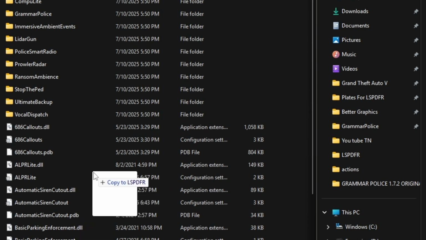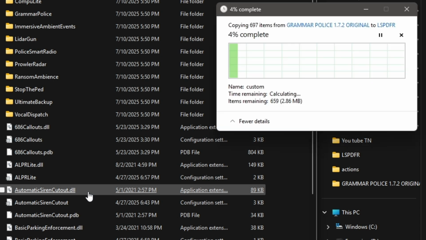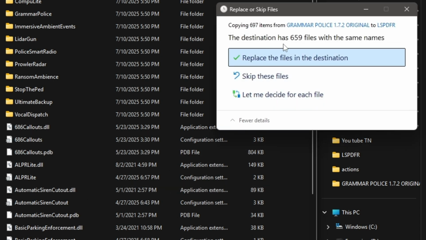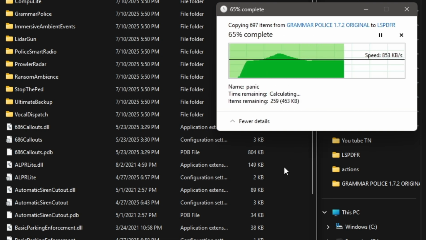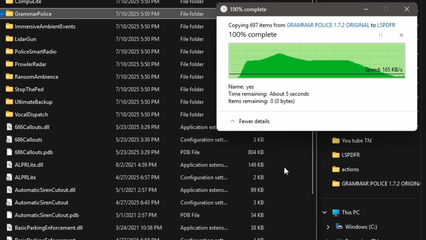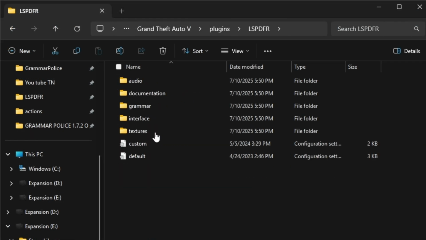And you're simply going to drop that in, and then you're going to replace the 659 files. You may have more or you may have less. Go ahead and replace that. All right. Now, once you all get done doing that, go ahead and open up your Grammar Police folder and